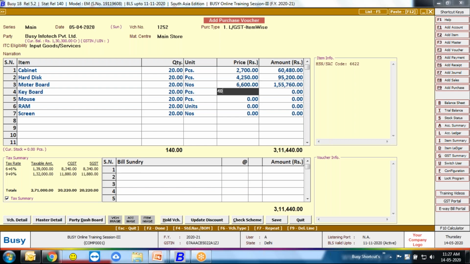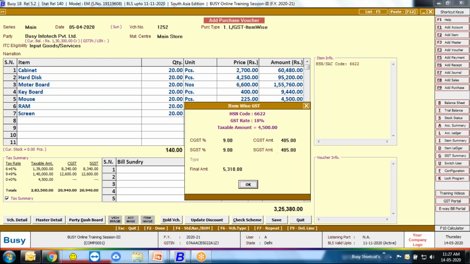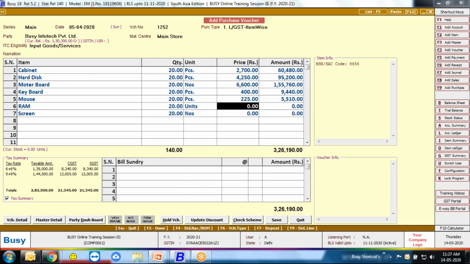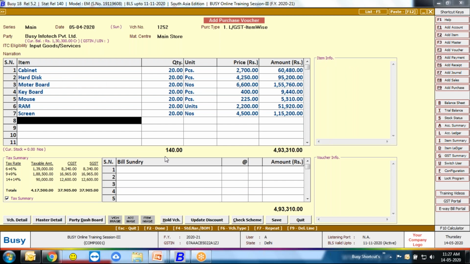Keyboard 400. Mouse 225 per piece. RAM 2,200 per piece. And what about the screen? Screen is 4,500. So as you see, first we need to add purchase for all of the raw materials, then save.